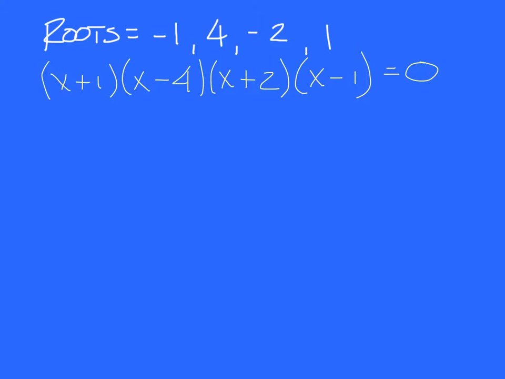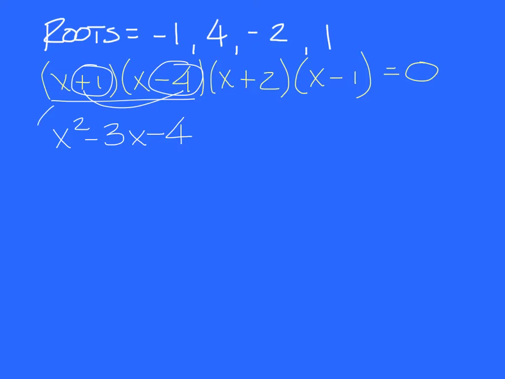Okay, I'm going to multiply the first 2 together. So if I multiply the first 2 together, my first term is what? X squared. And what is 1 plus a -4? -3x, and then 1 times a -4, minus 4. So there's one quantity we have, and you can go to the back side now and do the back 2,